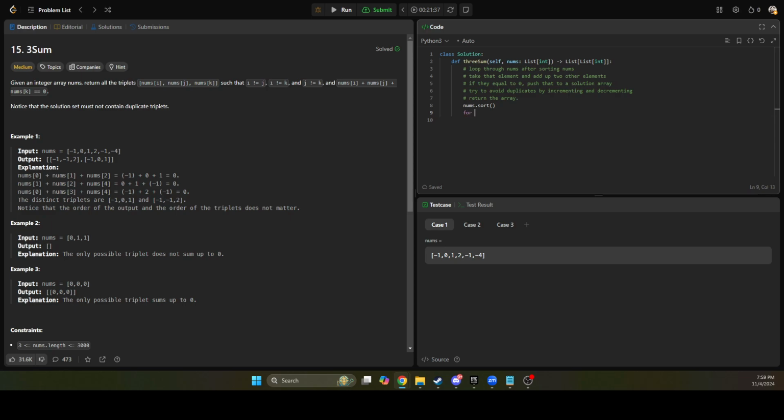For i in range 0 to len nums, if i equals 0, meaning it's the first element, or nums sub i does not equal nums sub i minus 1, meaning it's not the same as the element that preceded it, then we will execute